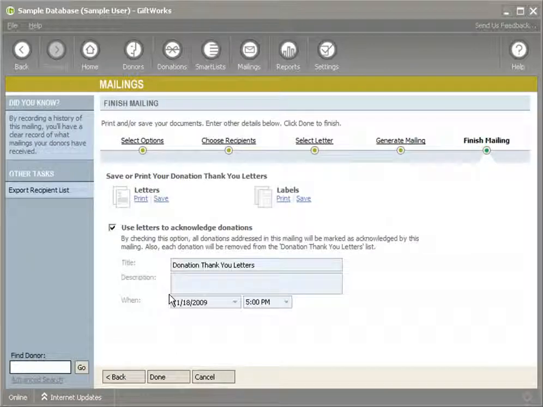When I click on Next, one of the options that I can choose is that I'm going to use this letter to acknowledge the donations that were sent as part of this mailing. So in this case, I want to see it's going to be the donation thank you letters acknowledgement that was sent on this day and this time. So after I go ahead and print or save the letters and then print or save the labels,